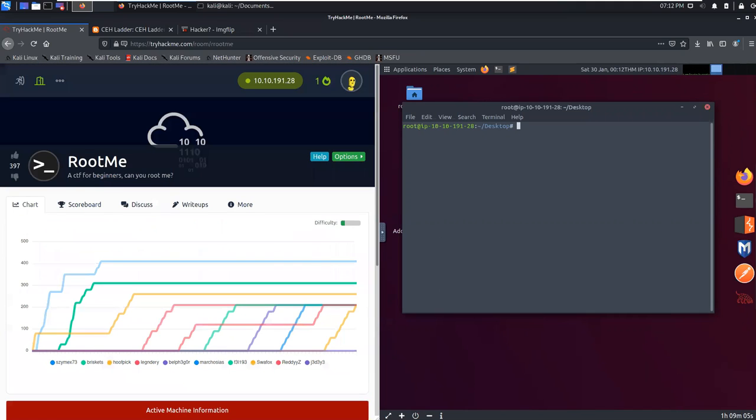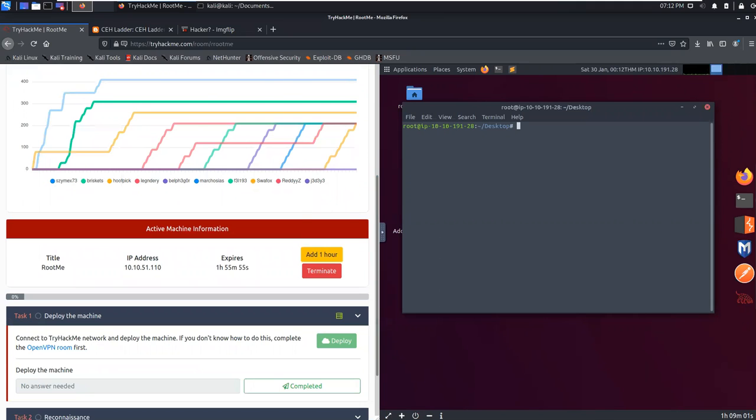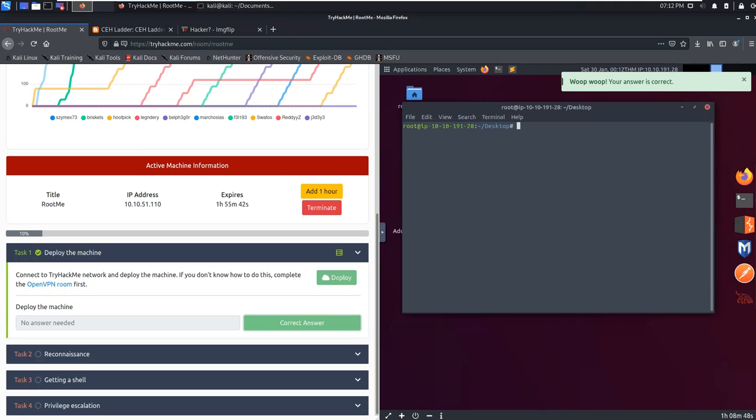All righty. So after we have deployed our box, our first task, task 1, is make sure that we are connected to TryHackMe and we have deployed our target box. That should be complete. There's nothing to input right there. All should be completed and easy. Moving on to task 2